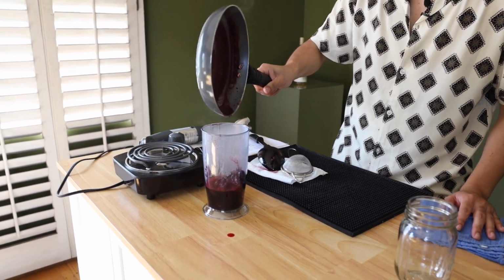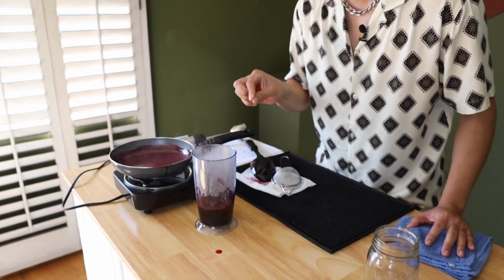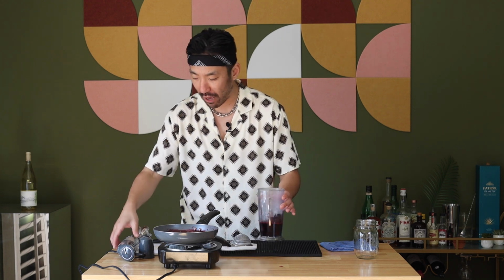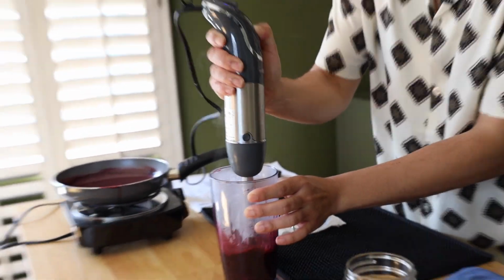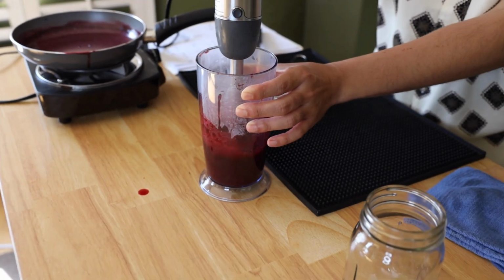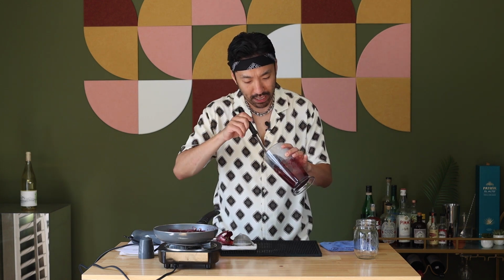Okay, also, just so you know what we did, I added a little water in here beforehand to keep the cherries from burning. So now that we have everything, we're going to blend. Wow, wow. I'm gonna give this a taste before I...